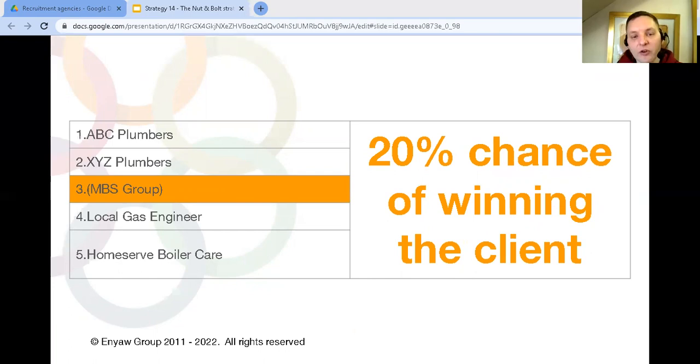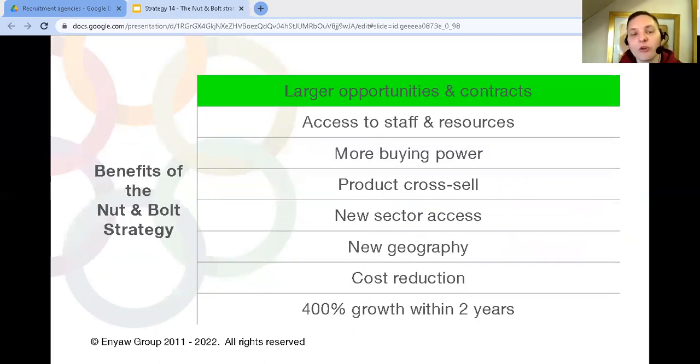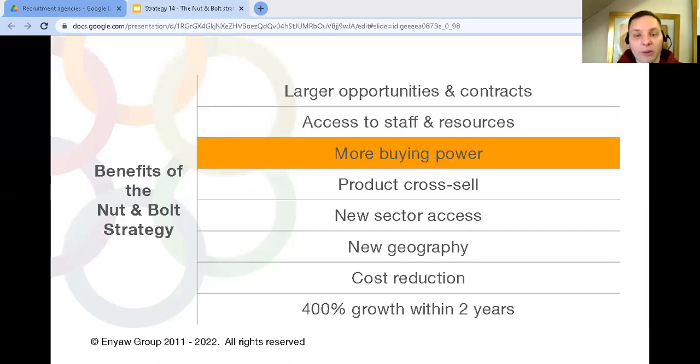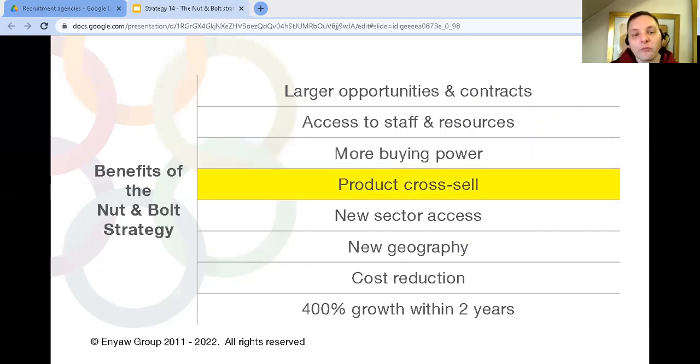So what are the benefits of using this strategy? Well, first, you increase in size, which opens up larger opportunities and contracts. It might bring some key staff into the business that otherwise you might not have access to. And as a bigger business with more buying power, you can negotiate better terms from suppliers. The new business might have a product or service you can sell to your clients and vice versa, which means